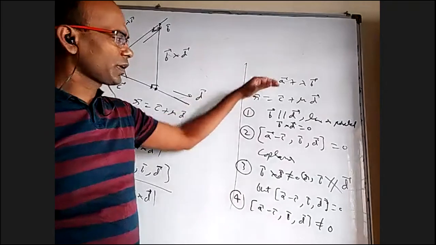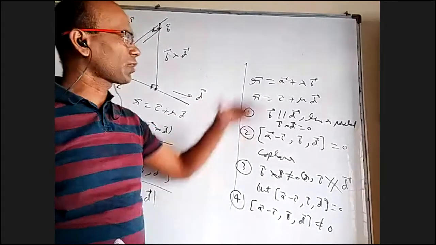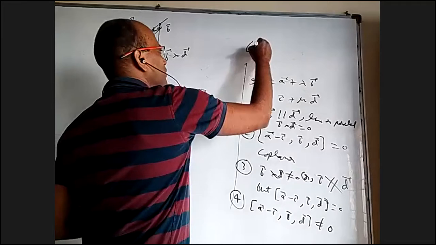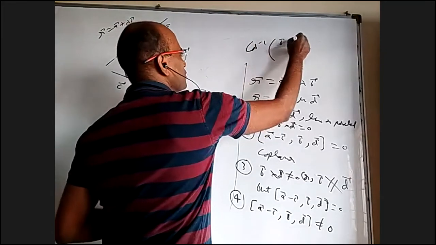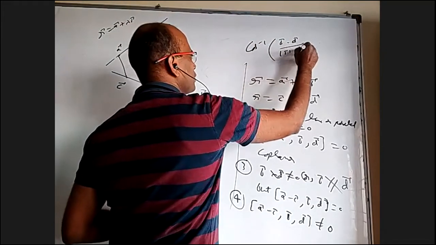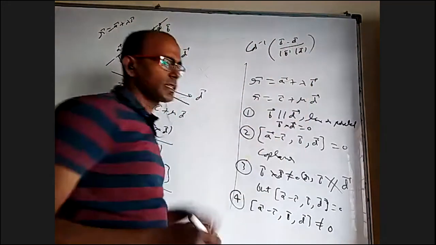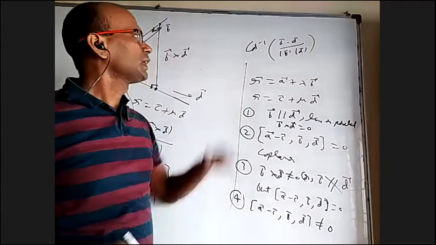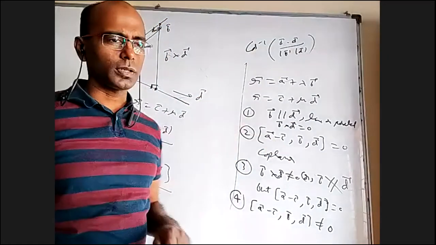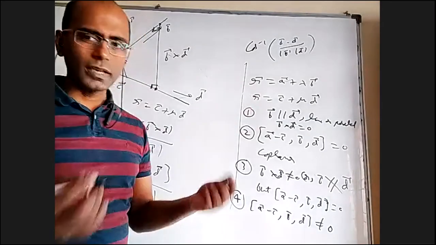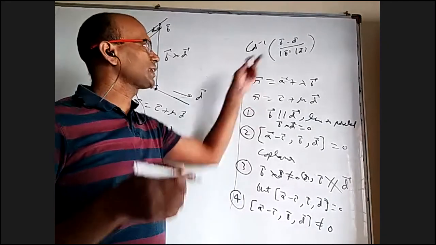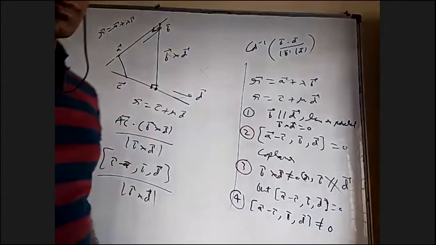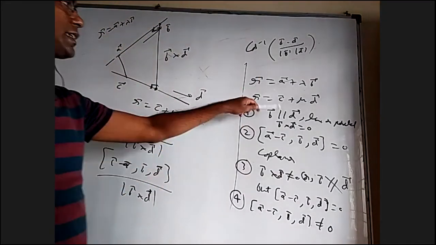If somebody asks, whether parallel or intersecting, I don't care, what is the angle between these two? That is very easy to find directly: the angle between B bar and D bar is cos inverse of B dot D by mod B bar mod D bar, because this line is parallel to B and this is parallel to D. Find the angle between B and D, and that is the angle between the lines. If the dot product is 0, the lines are perpendicular, and so on. Parallel you can see clearly, perpendicular from the dot product. Any other angle will be given by this form. So anything about lines we discussed, the same thing in 3D also.